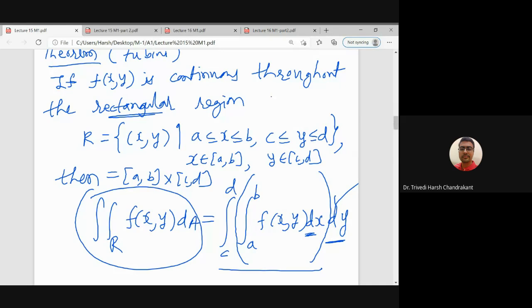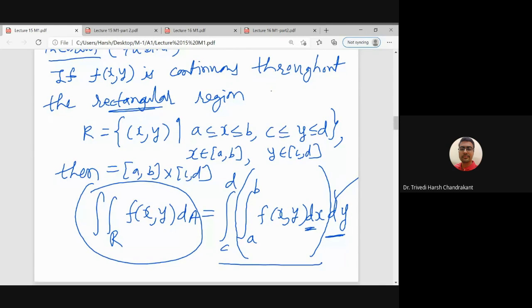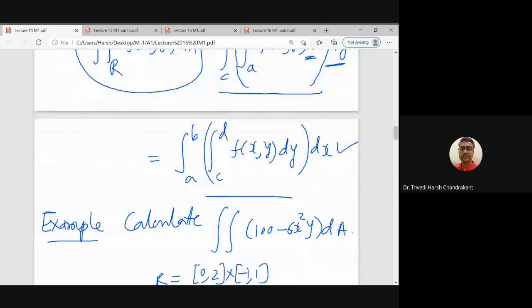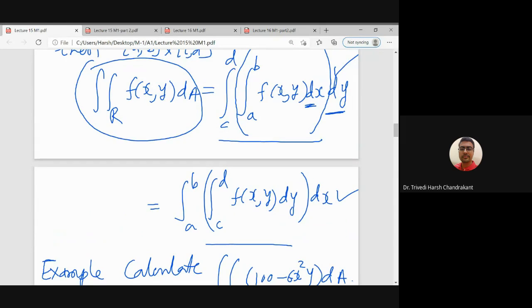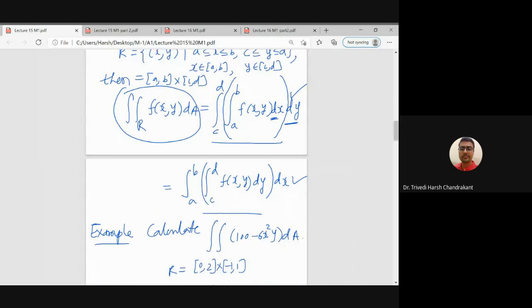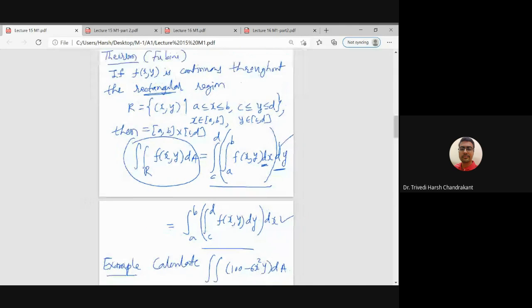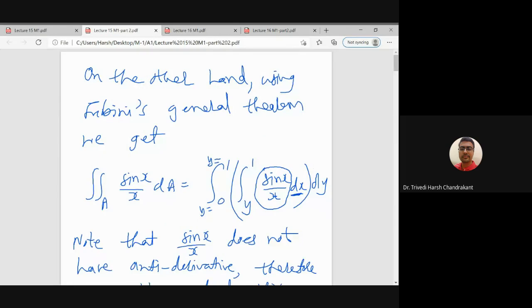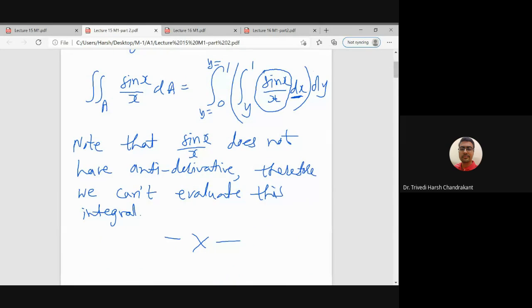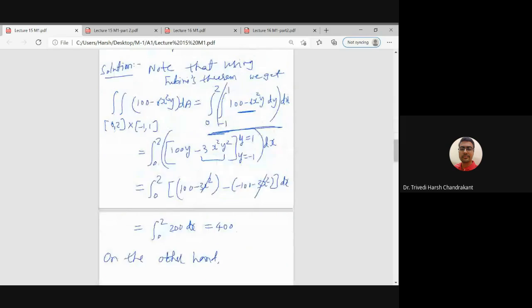Integral over the limits of x and y directly, right? And the order of integration doesn't matter, whether we integrate with respect to dx first or with respect to dy, the value of the integral will be the same. This was the first Fubini theorem for the rectangular region, and then we discussed the second form of Fubini's theorem, that